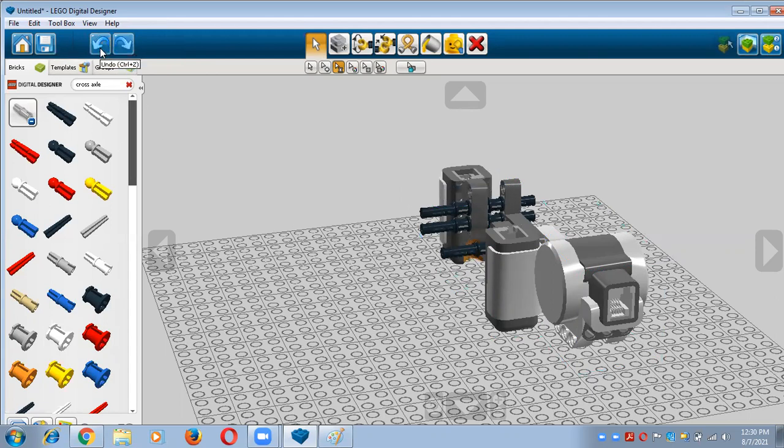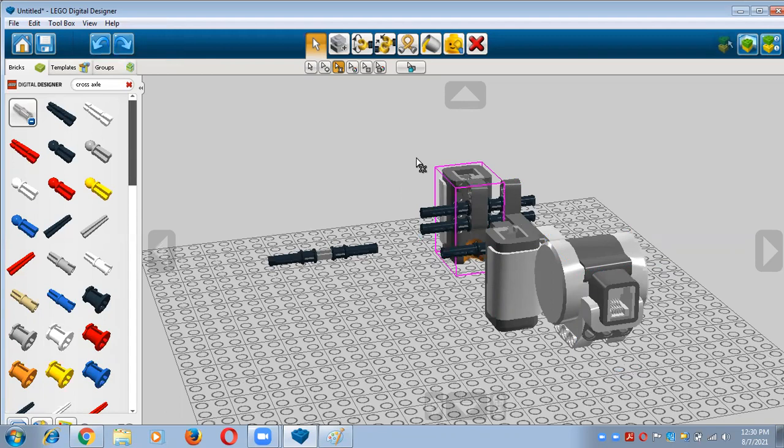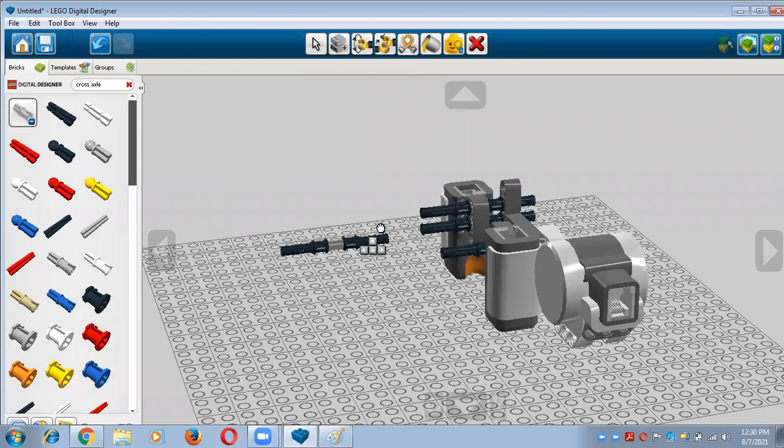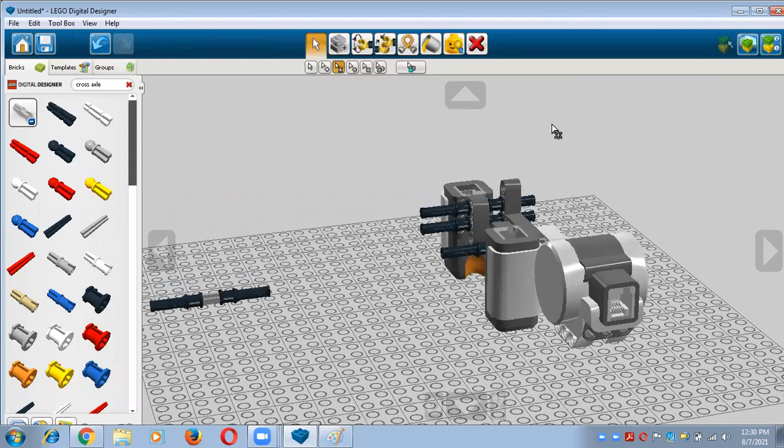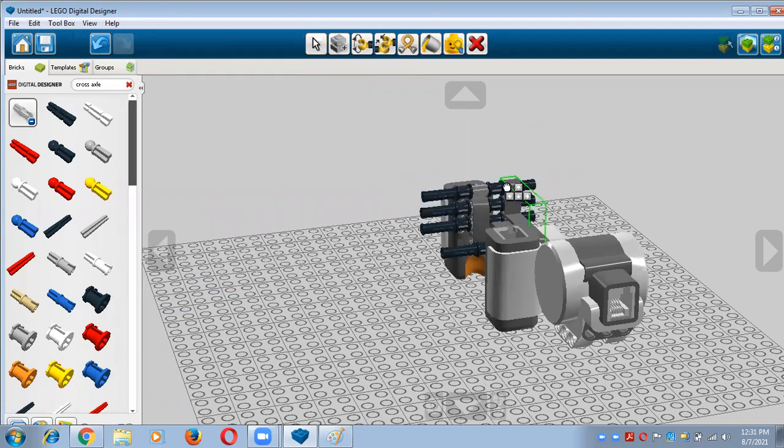Yes, you have to set this light sensor first downside in this way, and after that you will use this part here. Click on that and then you will put it like this. Yes, now this is the actual position.